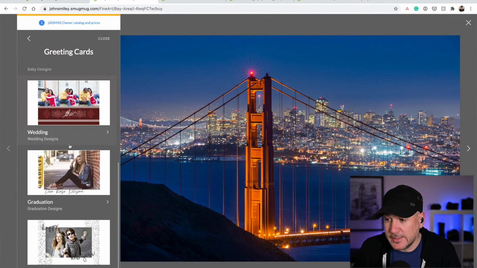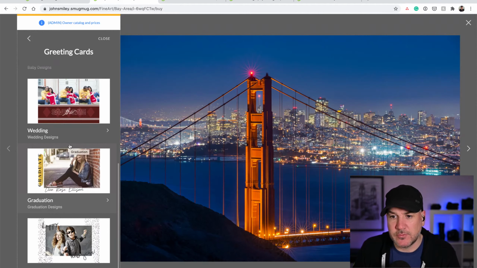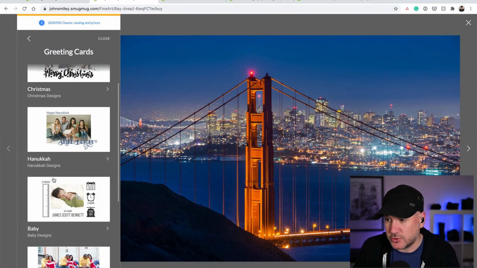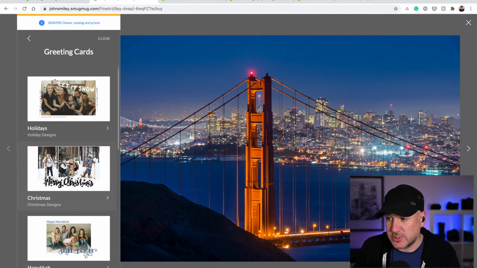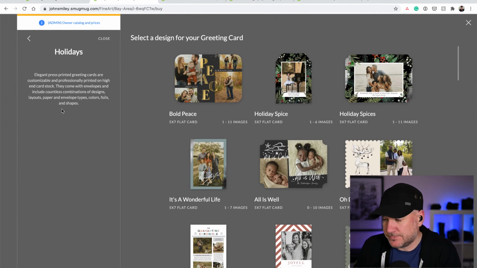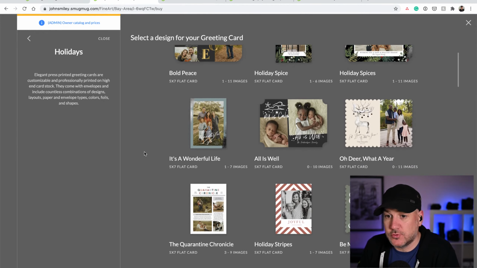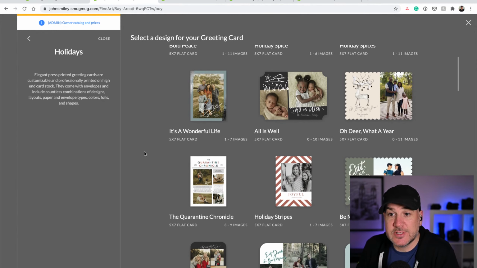you want to buy, and we break them down by theme, by event. So there's some that are specific to weddings, graduations, New Year, Hanukkah, Christmas, generic holiday ones. So let's click on these cards, and you're taken to the opportunity to choose the type of card that you